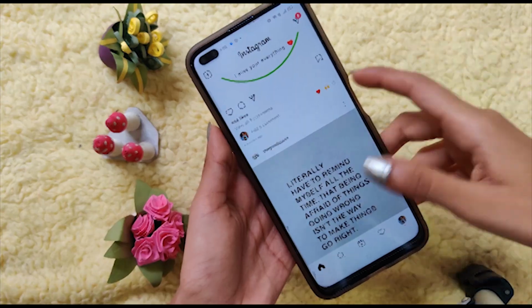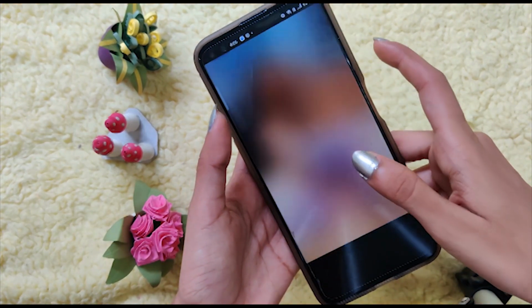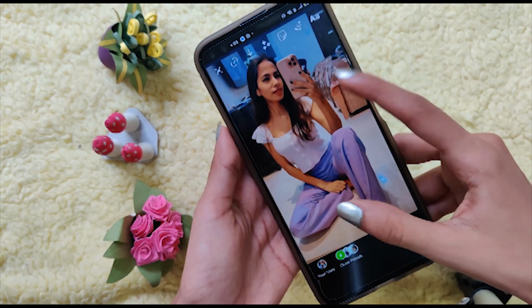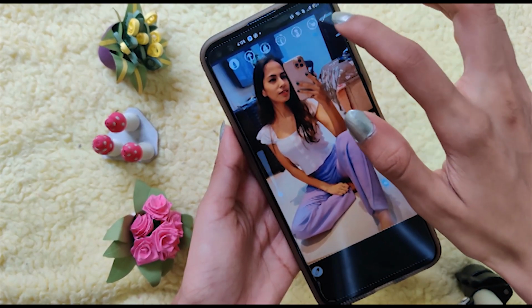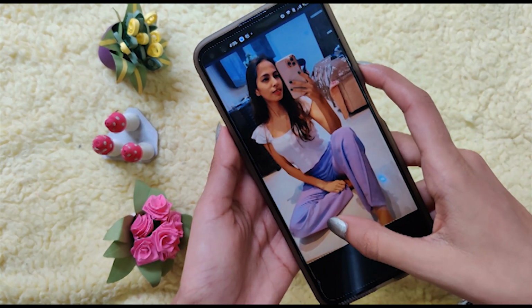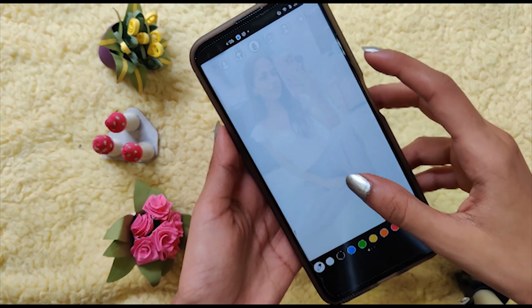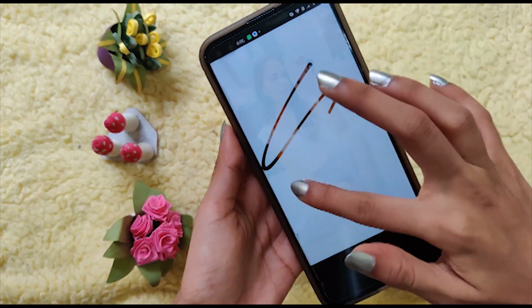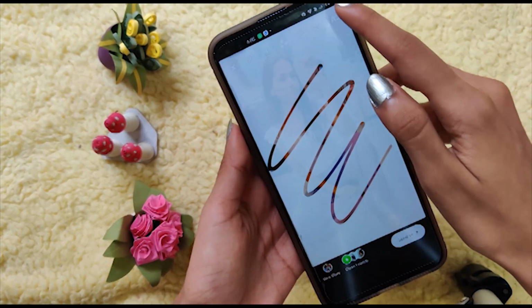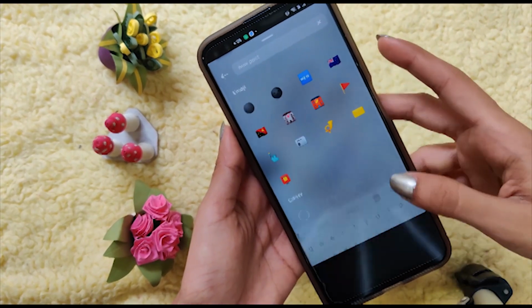So this is a story hack to make your story look more interesting. First you need to select any picture from your gallery for your story, and this is how you do it. You select a picture, then this option, and select the 3rd option from this. You can select any color and just click on the picture so it becomes transparent. And you can use a rubber tool and erase some part of it, and you can add a new post option.